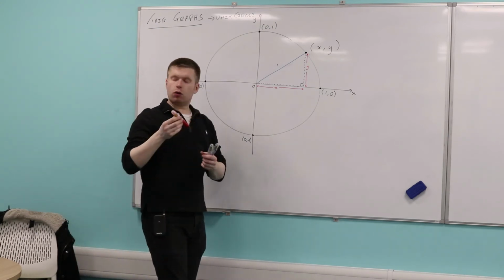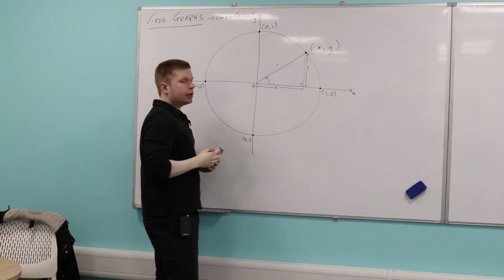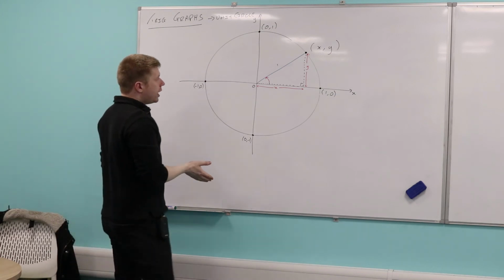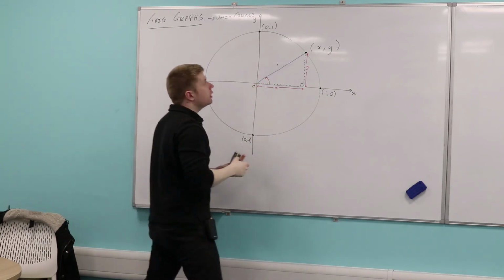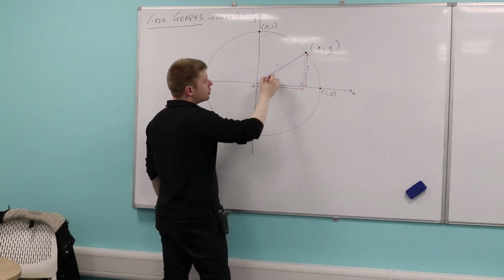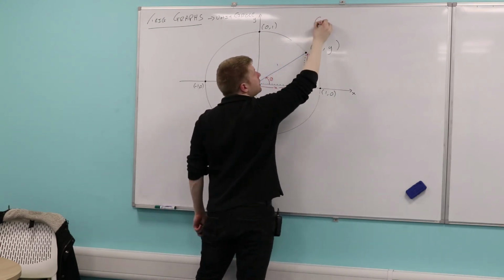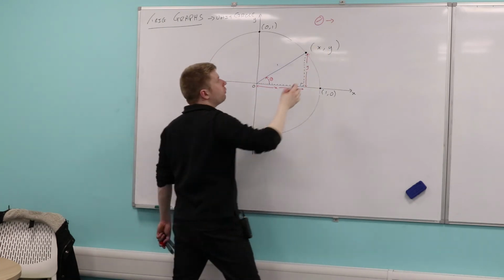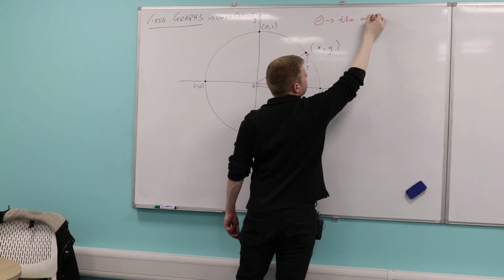Now this is the angle which I'm going to look at. I am going to look at this angle in here. Now just remember, angle is just really a measure of turn, okay? In other words, it's the amount which I've turned through from the positive x-axis anti-clockwise. Let me write that down. So this is my angle. Let's call it theta, okay? That's the angle I'm interested in. And just by definition, I'm going to call theta the angle which I've moved through, okay, so the angle or the amount of turn